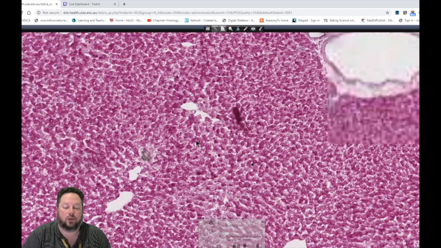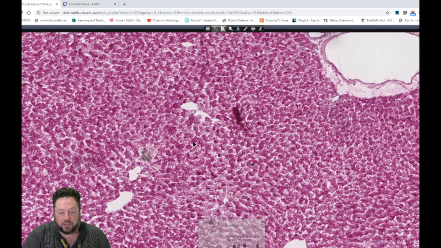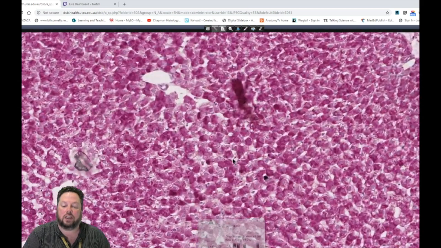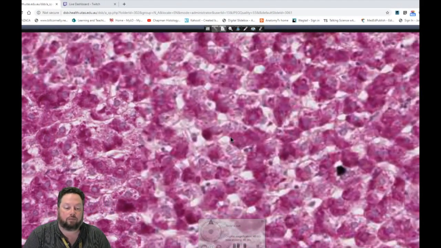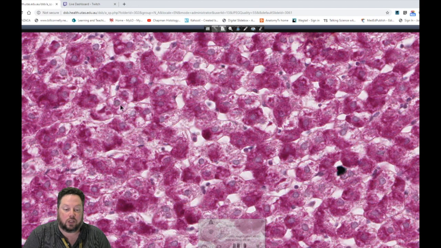PAS stands for periodic acid Schiff stain. What happens is you first incubate your section in periodic acid, and what that does is it converts glycogen into an aldehyde, and then we use our Schiff reagent to stain the presence of those aldehydes. So it is a way to determine where glycogen is within cells. So this is a section of the liver stained with PAS, and we can see the nuclei. But this very magenta stain is where we can see the glycogen within the